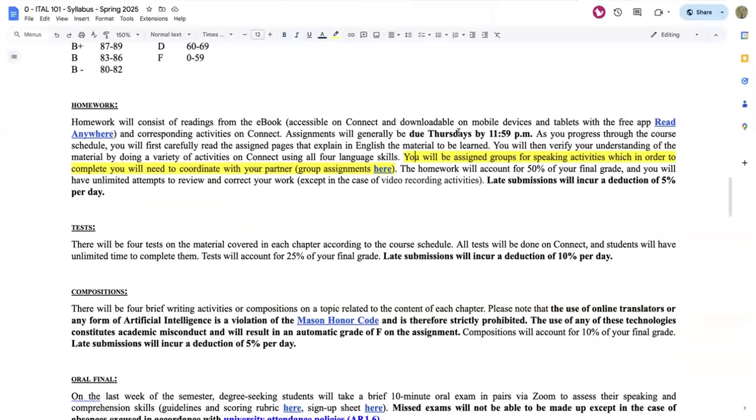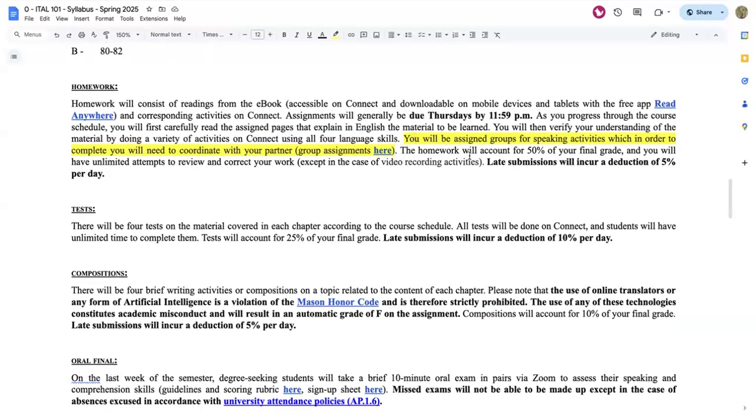Assignments will be due generally on Thursdays by 11:59 p.m. and they will be made available to you on a weekly basis on Fridays at midnight. That gives you some flexibility to complete the assignments, and it's set up that way so that you are encouraged to